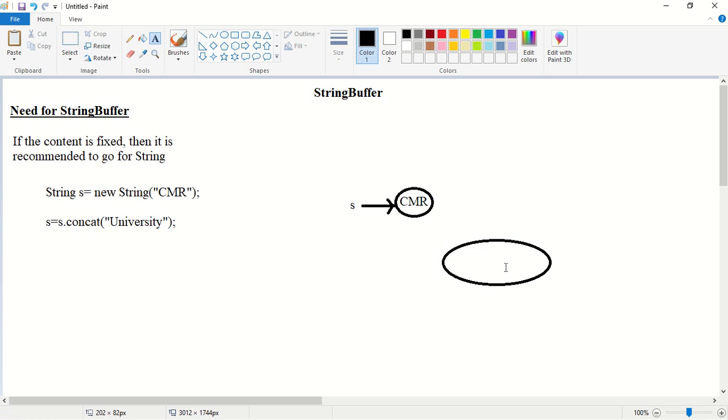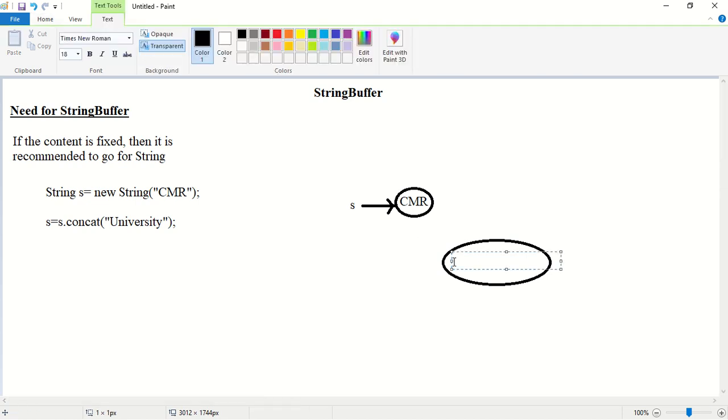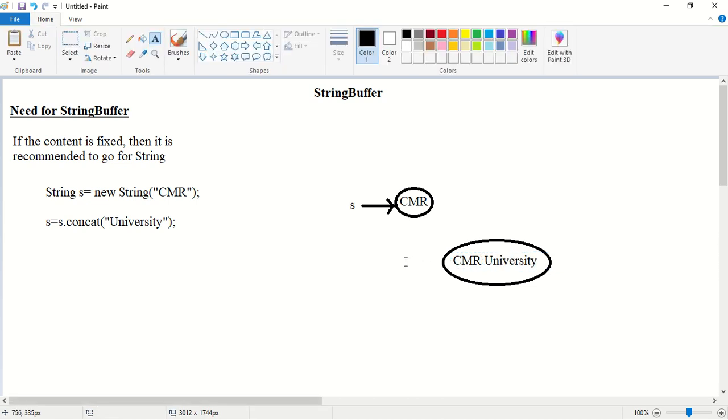The value of this new string object will be CMR University. Now what about the reference? Here I am reassigning the reference, s = s.concat. So this s will now be pointing to this object. Next, what about the previous object? Now the previous object is eligible for garbage collection.